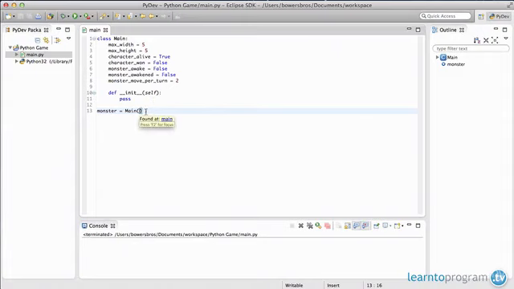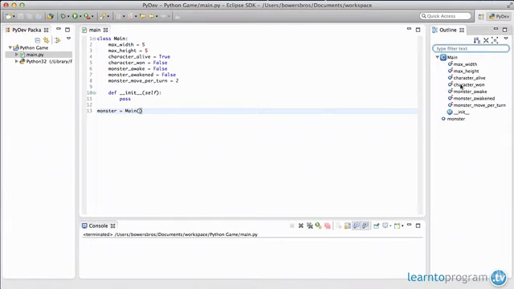So what we've got here is just a very simple class that currently does nothing but creates a couple of variables, and if we look over here in the outline we'll see all of these variables listed. Now this side panel over here is going to be very useful for us in the future, and so what I would recommend you do